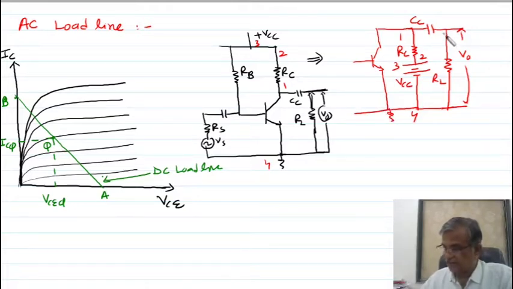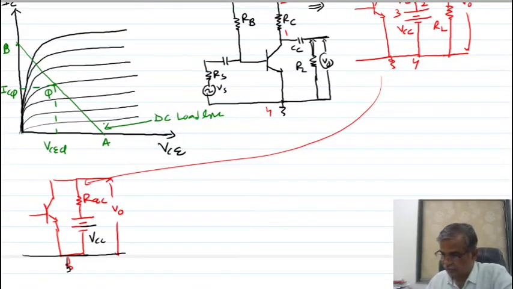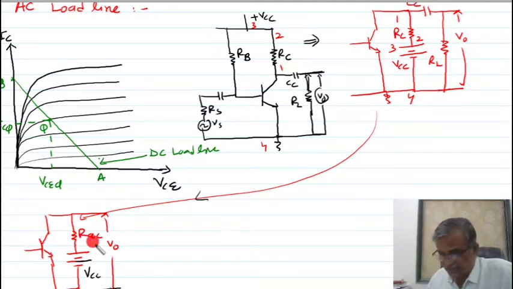So I have to find the output AC load here. I can find it this way. For this I can draw the circuit in this way. Look here, this circuit I have shown this way. What is the reason? This is your RAC, an equivalent output resistance of this. Listen, RAC is called AC load.